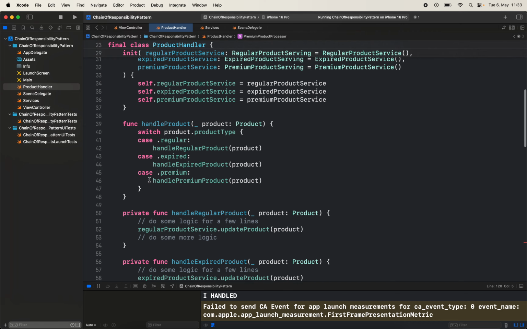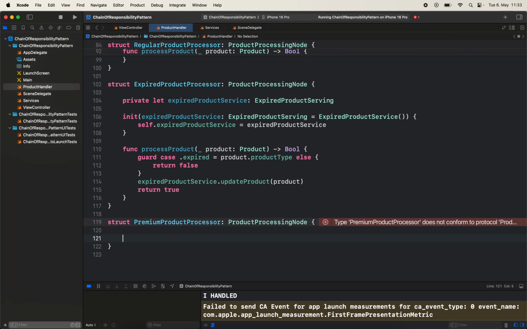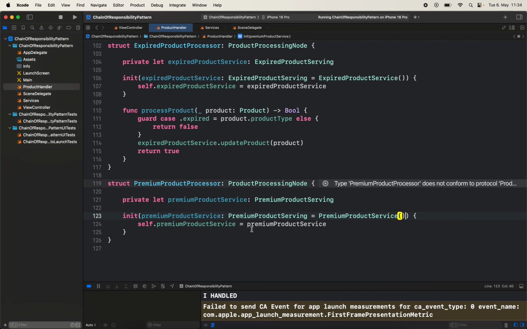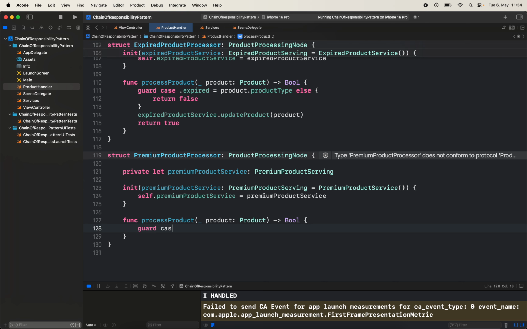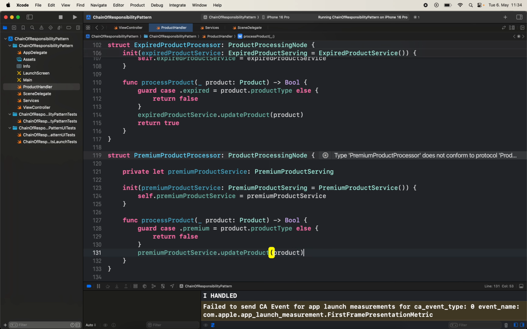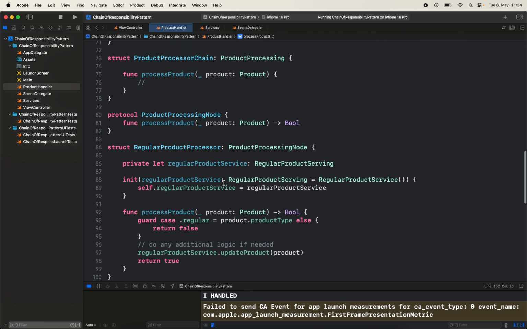Grab the service needed right here and initialize it, also with a default value of the service. Okay, now also implement the process product method. Similarly, we're going to care if it's a premium product type. Otherwise, we're going to return false. And if it's premium, we're going to update it, handle it here by talking to our service, and eventually return true. So now we have our node processors in the chain,